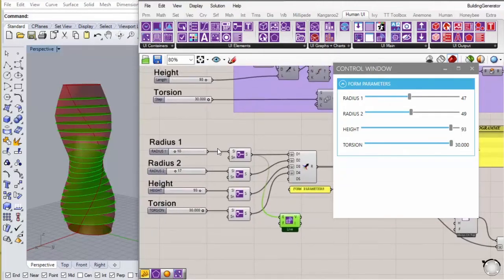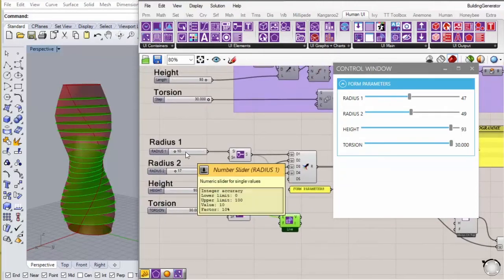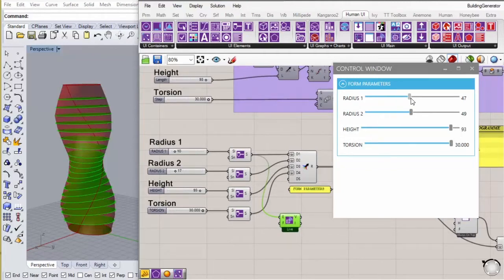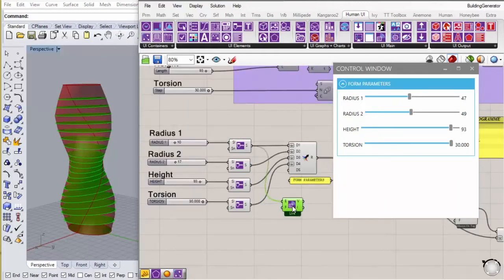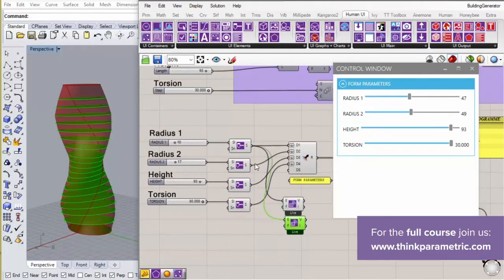So for radius 1, which I changed here in the window, the value listener is going to read 47. And so we have to bring all of these back into Grasshopper using this component.